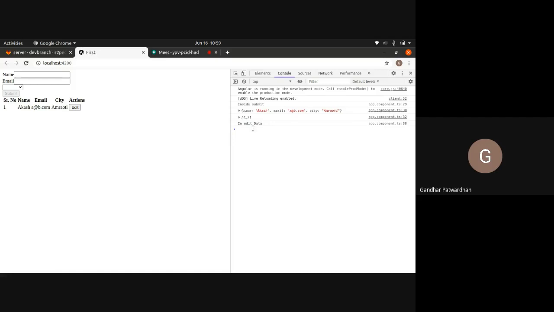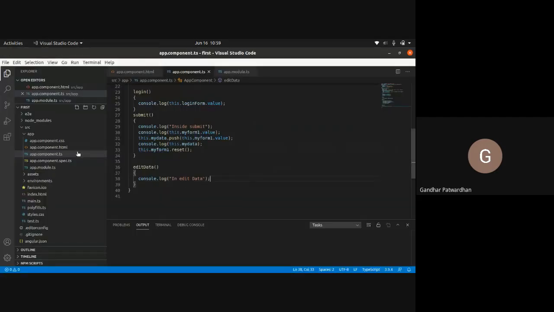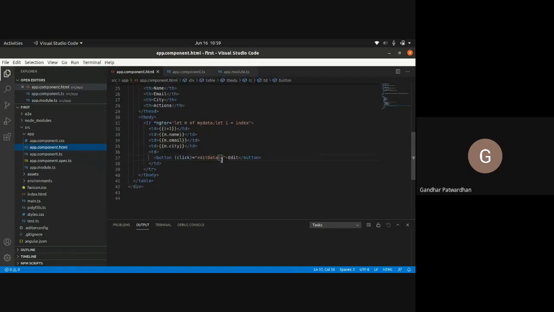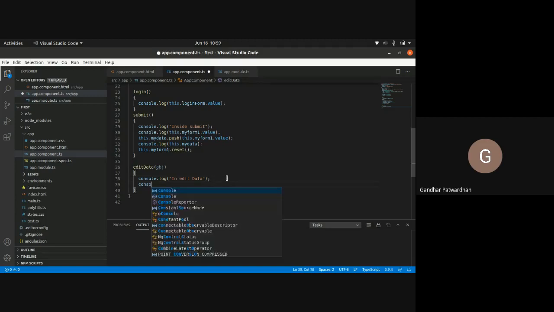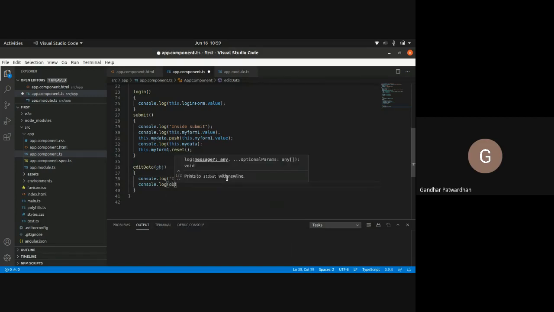So what I'll do is I will pass that row. How will I pass? In my HTML, I will pass M here. What is M? M is the current row, whichever row we would be selecting, that would be M. And in my edit data, I'll have some variable, say obj. So the value of that M will come into this obj, and I'll say console.log obj.